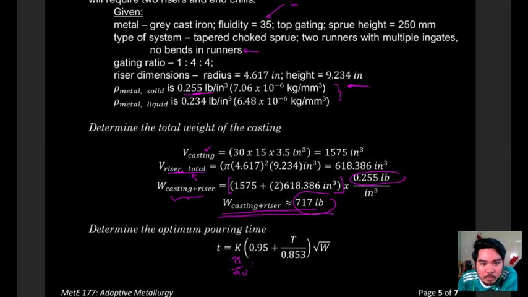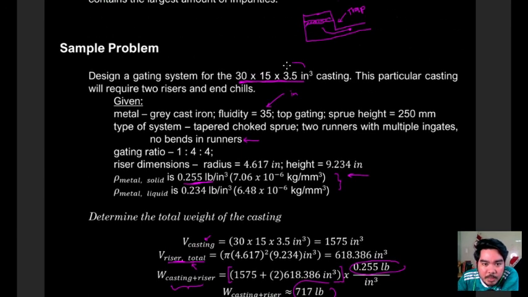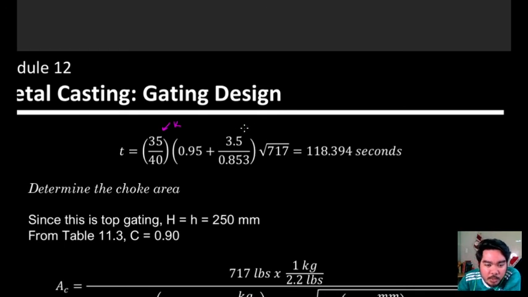Sabi dito, sabi kasi na yung casting daw is 30 by 15 by 3.5. So the 3.5 here, this is your thickness, no? So input natin siya doon. So 3.5, and it's already in inches, so hindi natin i-convert. 0. This is a constant, and multiplied by the square root of